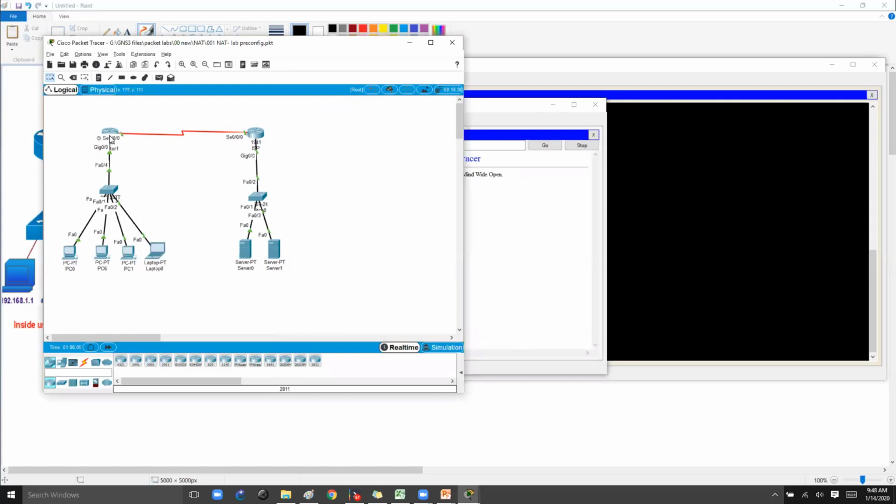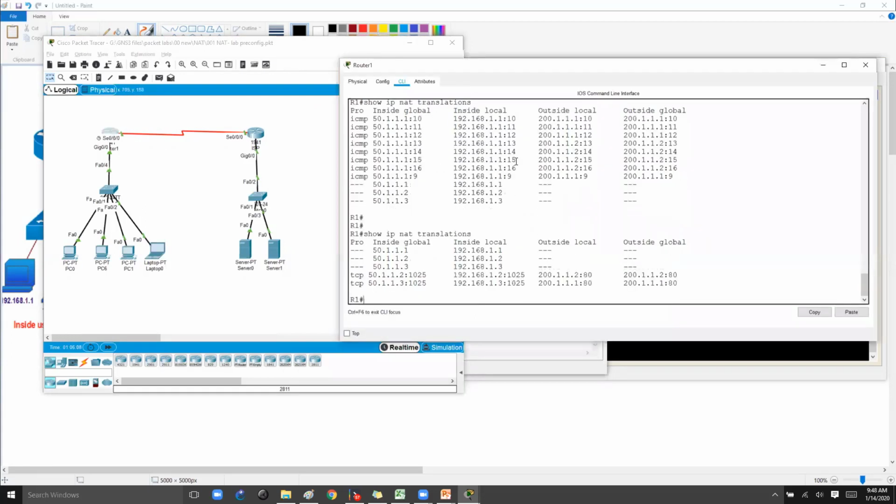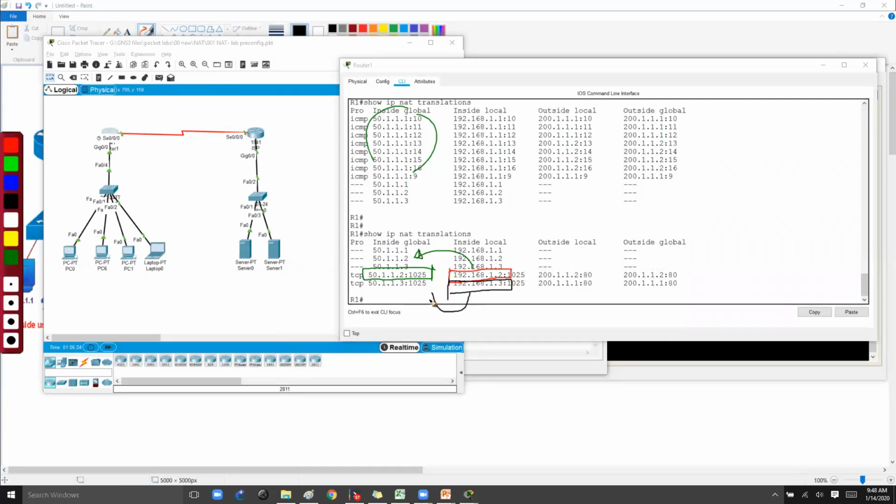If I go back to my router after initiating the traffic and say show ip nat translations, you can see those ICMP entries have been removed. Now you'll see 2 translations here: 192.168.1.2 is translated to the public IP 51.1.2, and when I initiate traffic from 192.168.1.3, it gets translated to 51.1.3 as per my requirement.